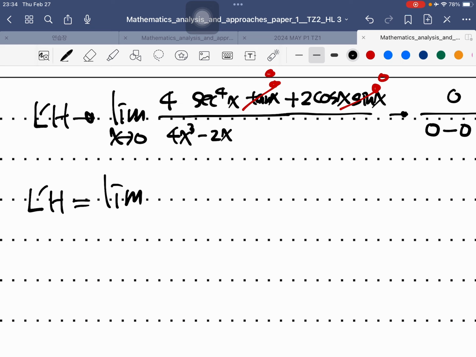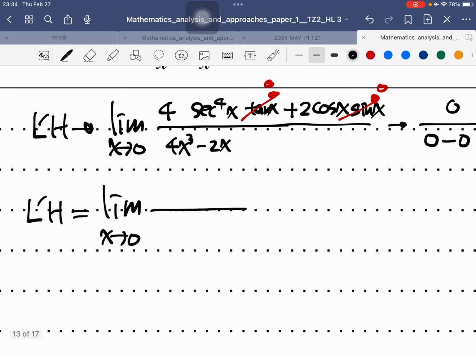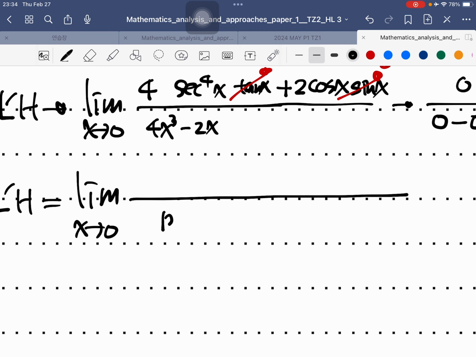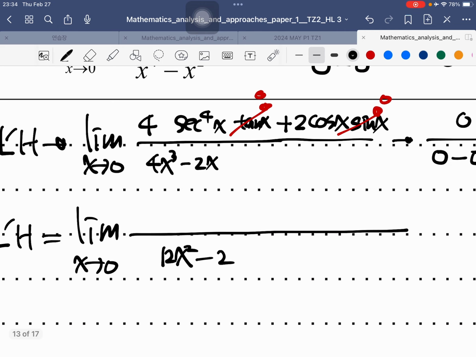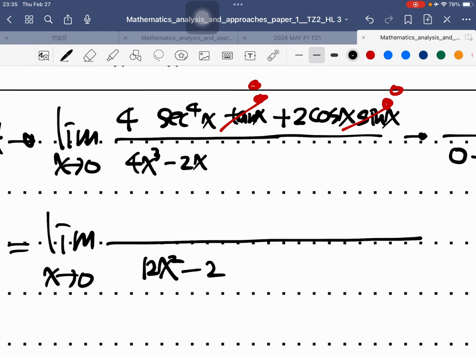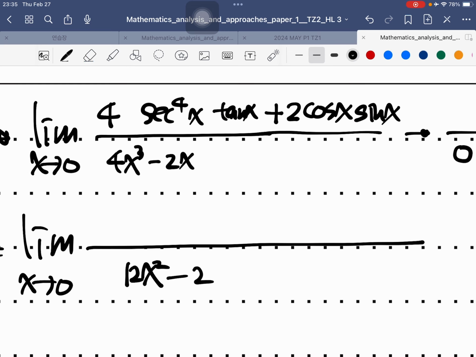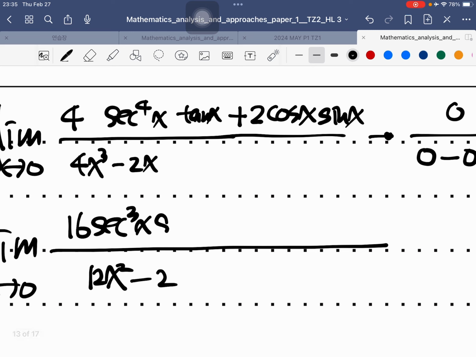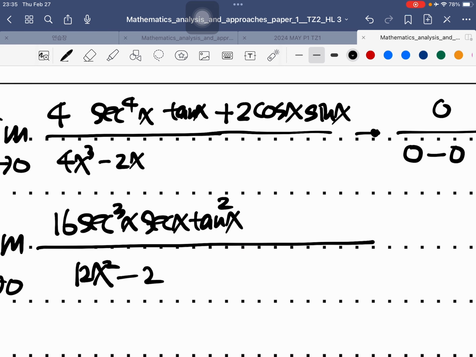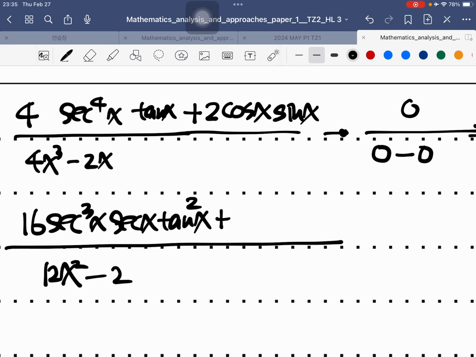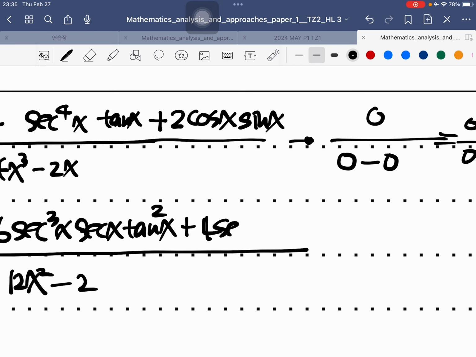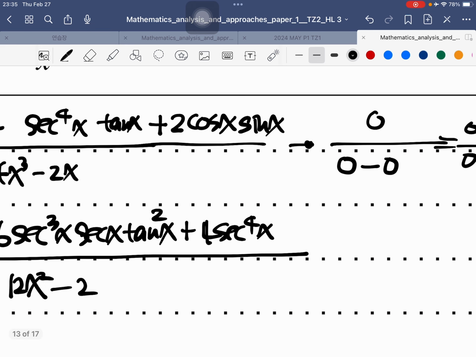So it equals the limit when x goes to 0. Differentiating the denominator is 12x squared minus 2. Differentiating the numerator, get rid of this. Differentiating this one will be 16 times secant 3rd power of x. So differentiating secant x first, it's going to be another secant x tan x. Put tan x behind, so it's tan squared of x, plus leave the first part, secant 4th power of x. Differentiating tan x is